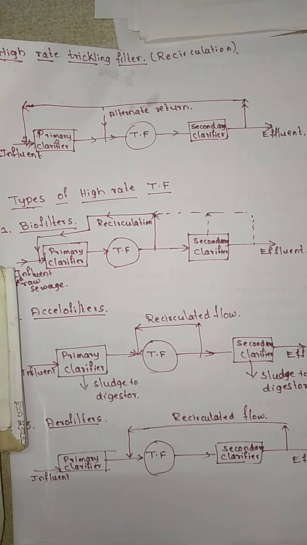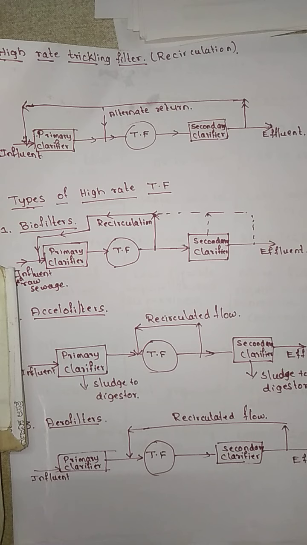Now we will see regarding the aerofilter. In case of aerofilter, the wastewater that is applied will be uniform and continuous, with a low rate of application of sewage, whereas in the biofilter and the exhalofilter, the recirculation is used for more intimate contact of the sewage with the biological film and the filter media. Okay, then